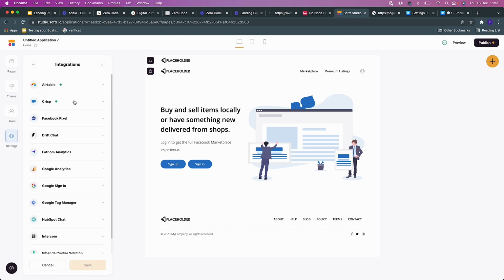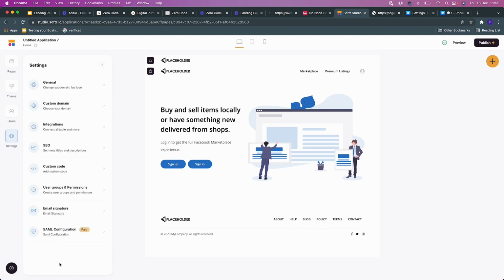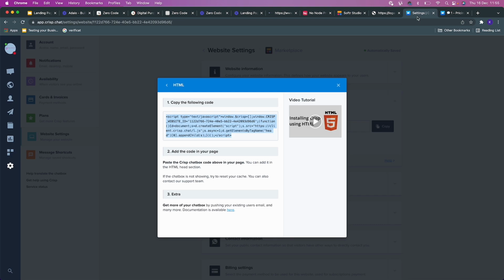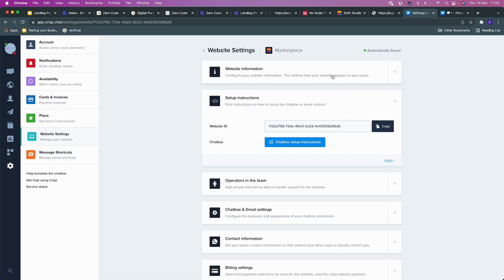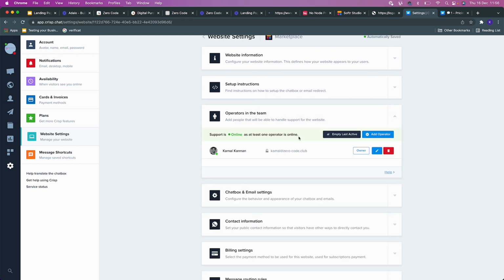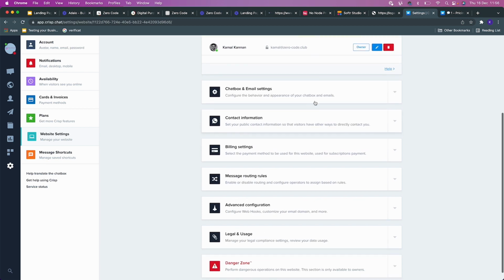Integration using custom code is as simple as that. So even if there is no out of the box integration provided, you can integrate it yourself through the custom code way. What that does is it is a JavaScript that runs on your page load, and Crisp will get set up. Okay, and then you can set up how you want your customers to view you. So who's the owner? If you are the one who created the application, you give the owner. You can set it up as online or set it up as last active. You can also